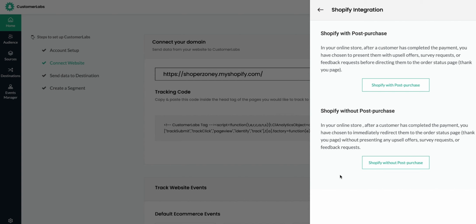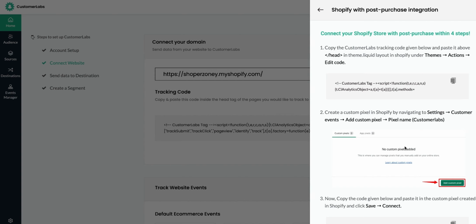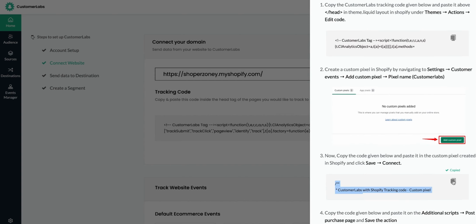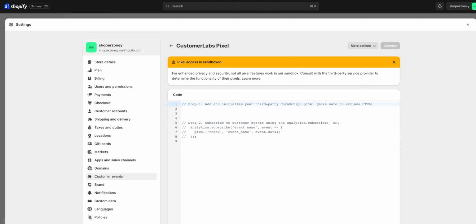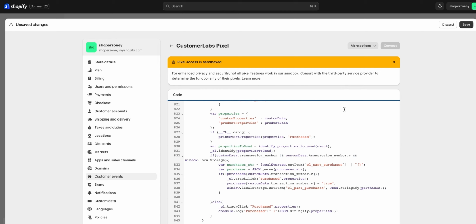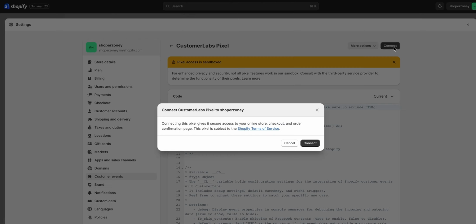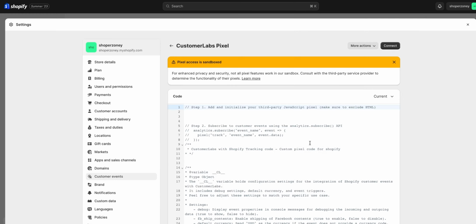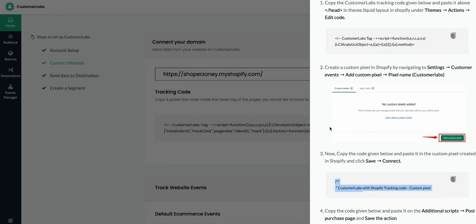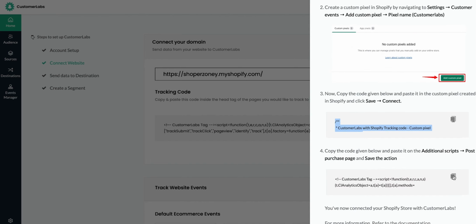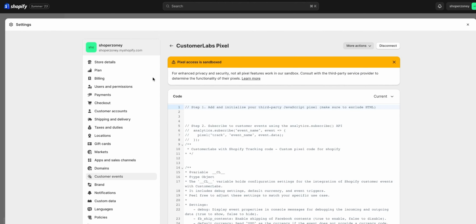Now we will see the post purchase. Copy this code, go to your Shopify account and paste it under the pixel. And to save the pixel, click on Save and click on Connect. Now go back to your CustomerLabs account, navigate to 4th step, copy this code and go to your Shopify account,